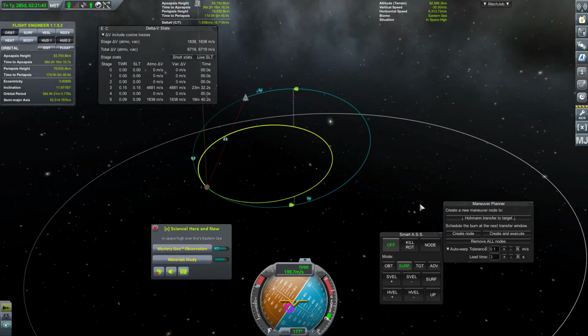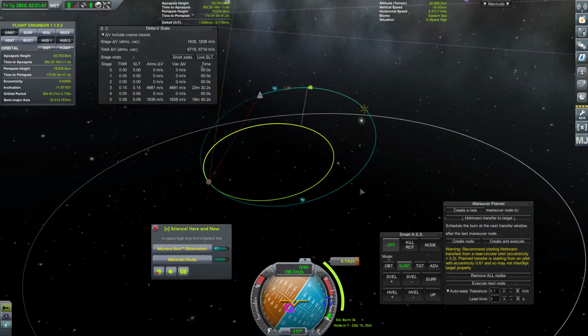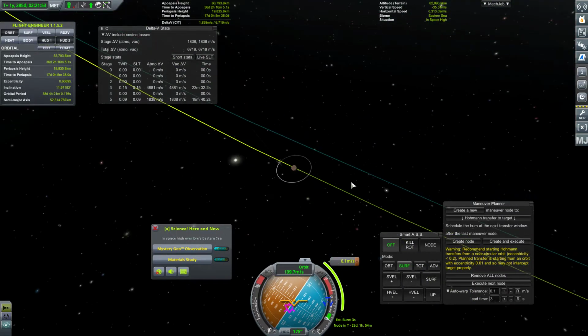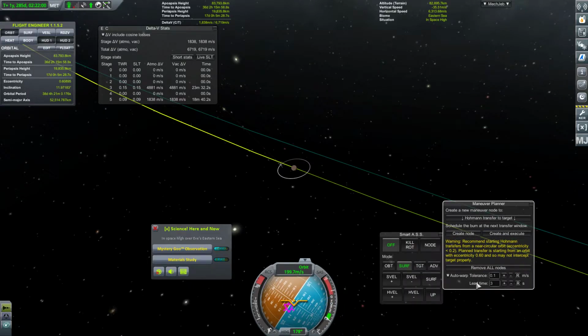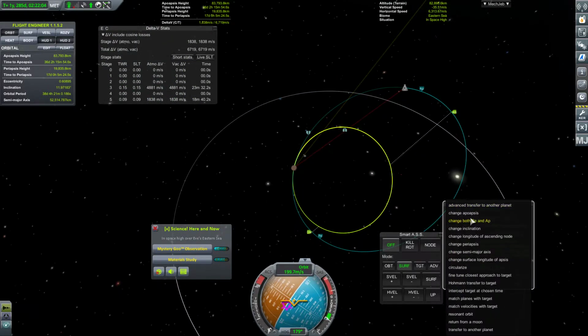Okay, so where would the home and transfer to target be? Here? Okay. Let's take a look at what this actually does. We are not circular enough. Okay. No. Remove all nodes. We don't want to do that. We just want to circularize